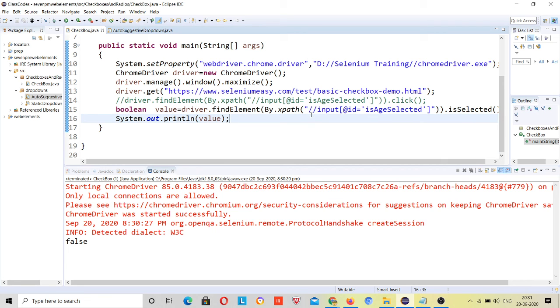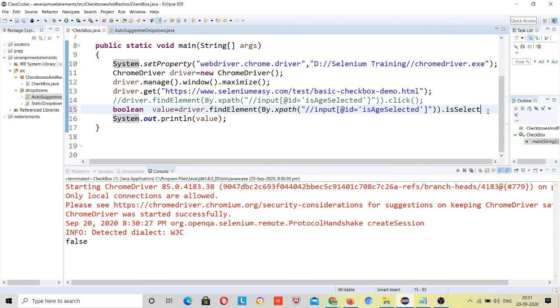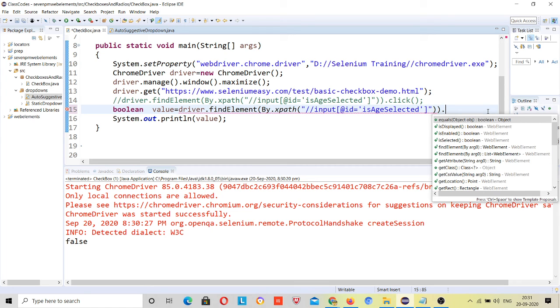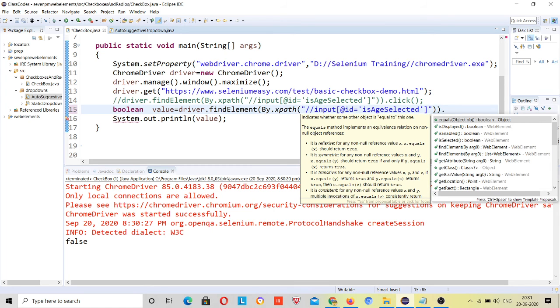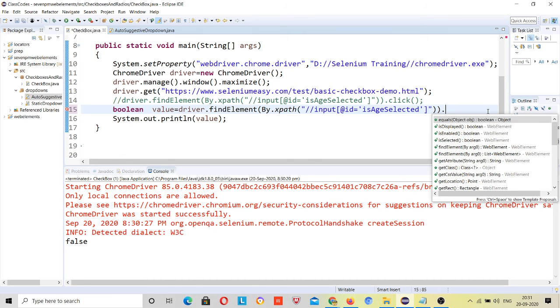So this is about your web element. See, you can do one more thing. See here, a method is present. I will tell you about this method. I'll send you a website to practice this, then let you know.